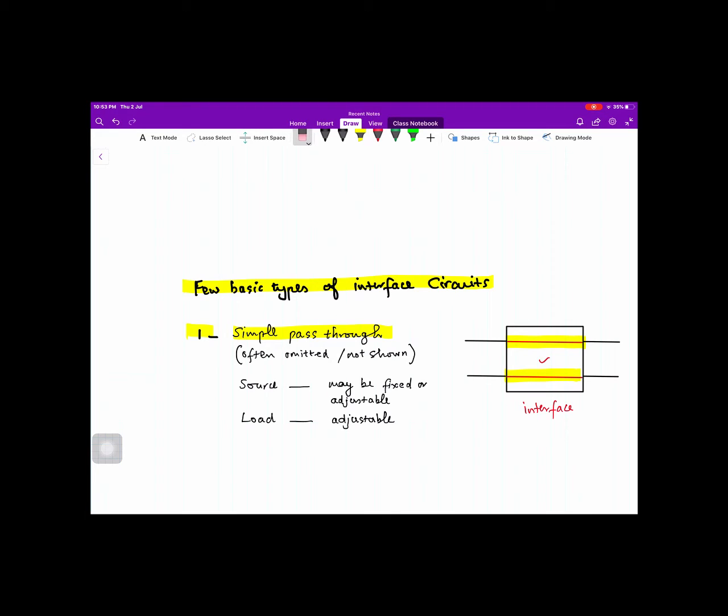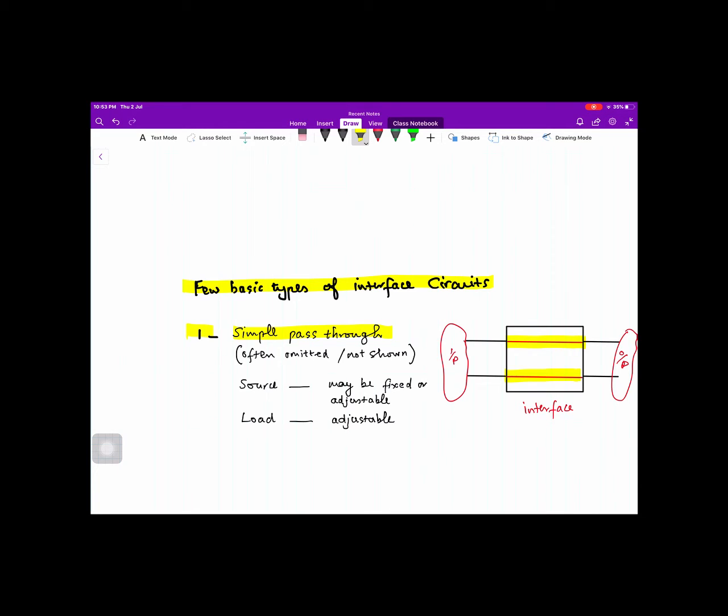That is why it is known as pass-through, and it is not even shown. On the left hand side we have the input, and on the right hand side we have the output. This is the input or source circuit, and at the output we have a load. Now, in this very simple and basic type of interface known as pass-through,